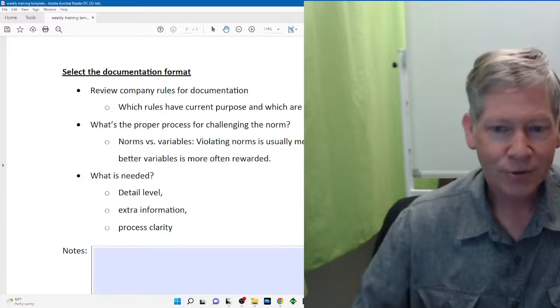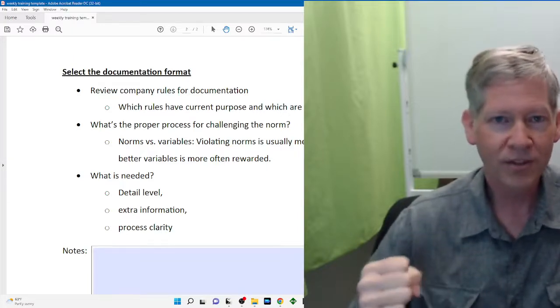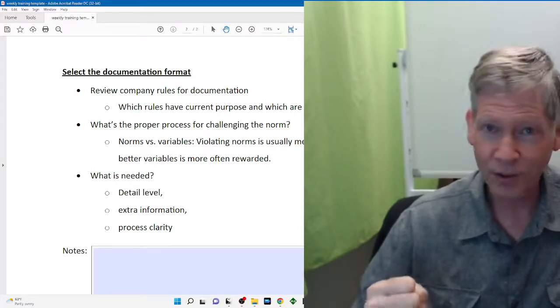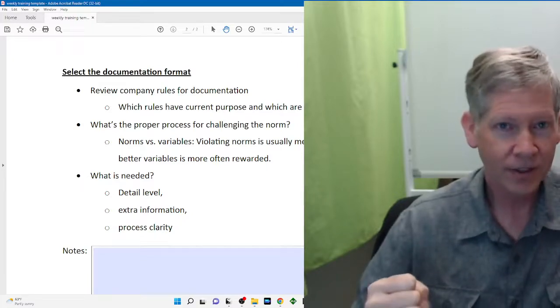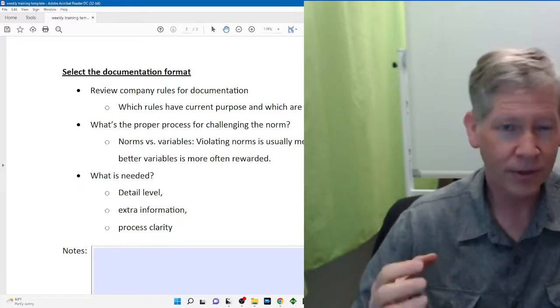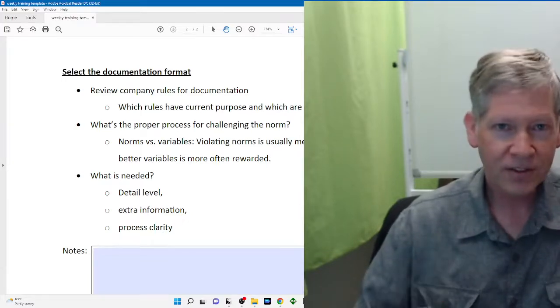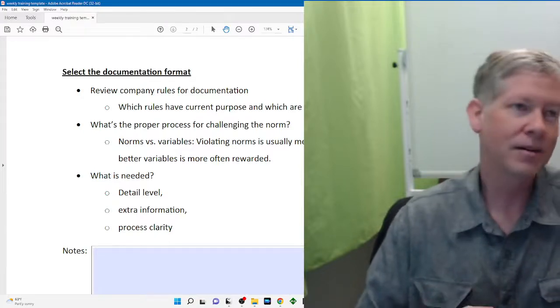What about extra information? This would be like safety warnings or descriptions of why something is important to do. Some of that, such as safety warnings, is very important. Telling people they need to wear gloves, if they need to wear gloves before touching a part, is very important. Telling people the physics behind something and why if they don't do this just right, it could cause this kind